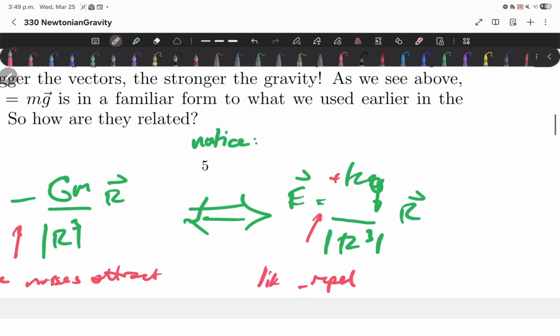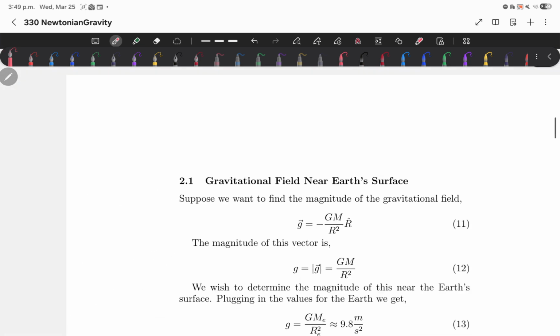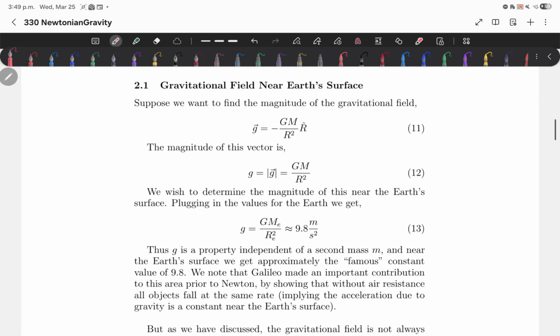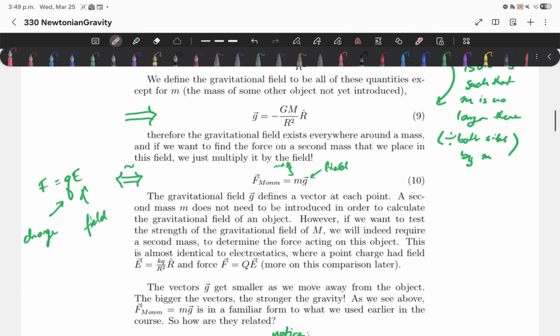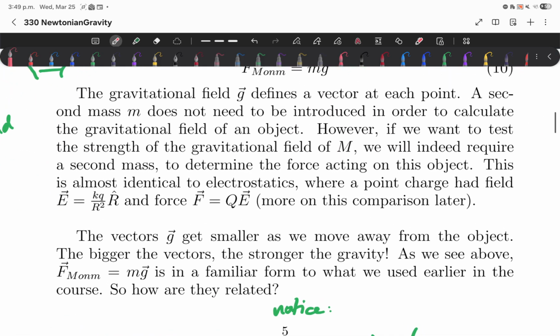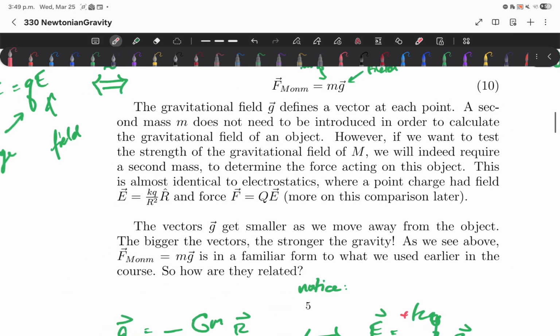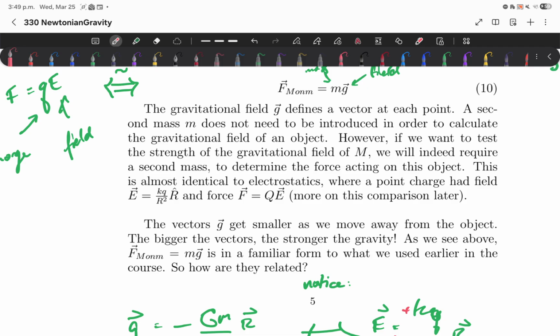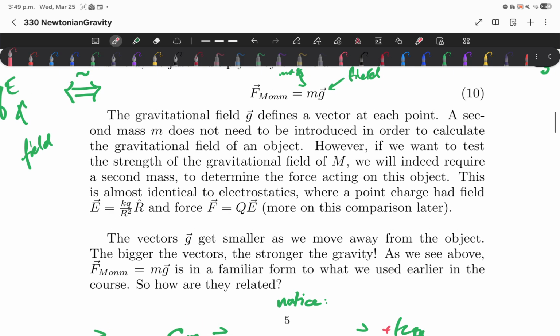So a massive object has a gravitational field all around it. Every one of you has a gravitational field around you according to Newtonian gravity. How do you test the strength of a gravitational field? Well, you put a mass in it, right? You have an object, it has a field, you put a mass in it, you can measure the force, and you can determine the strength of that field. So just like charges in electric fields have some force on them, masses in gravitational fields have a force on them, and that's how we can test the strength of these things. Okay, so these vectors g here, they get smaller the further we get away. F equals mg,